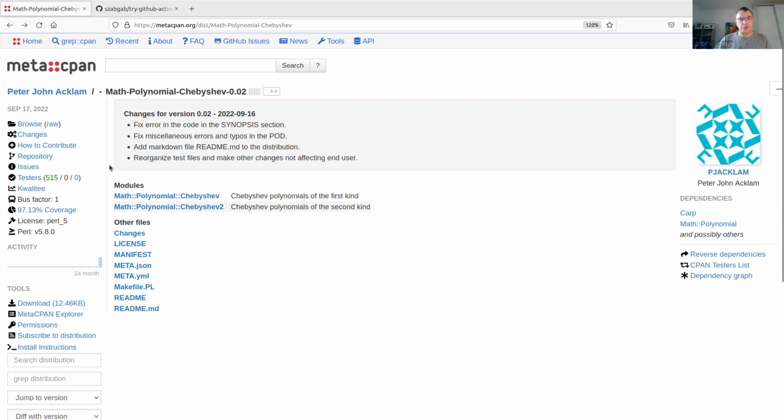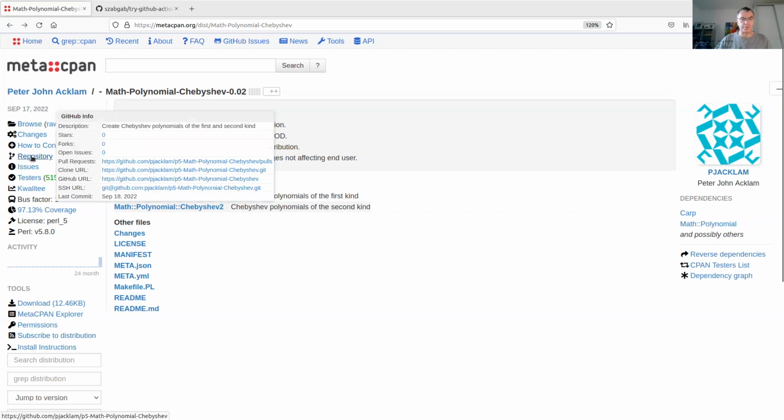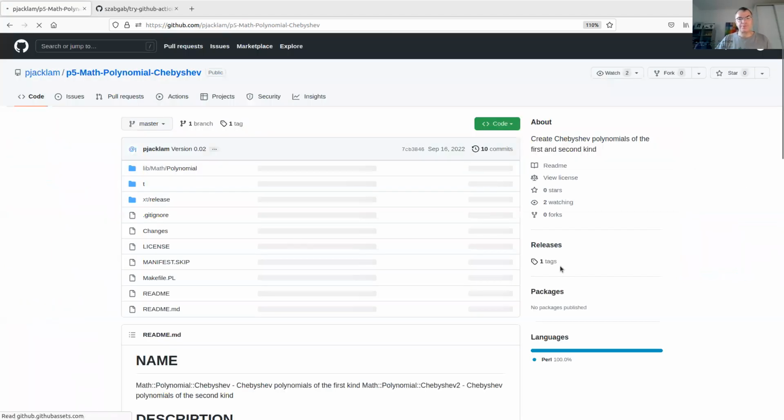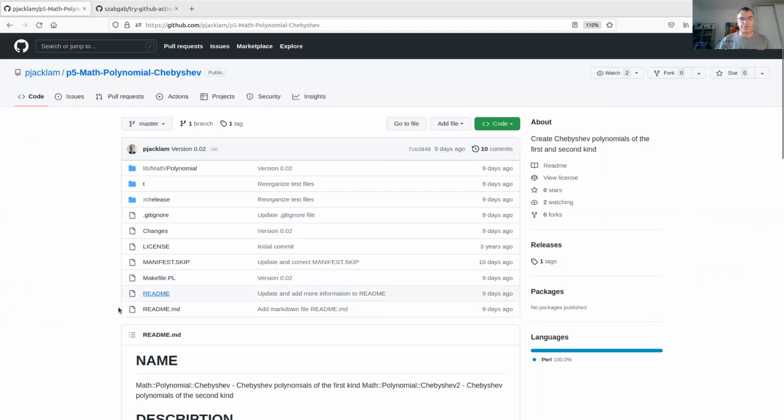Here on the module, on the website, you can see that there is a link to the repository of this module, which is already a good thing. So I clicked through and found two things in the repository. First of all, there are tests, which is, again, good, but there is none of the CI systems configured. So I figured I could make a little contribution to the package to add the CI system, because